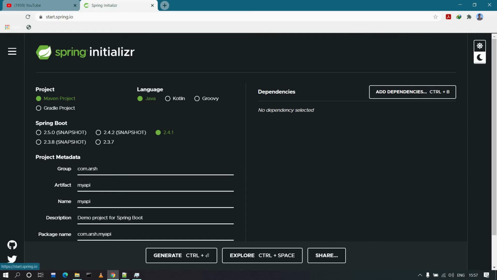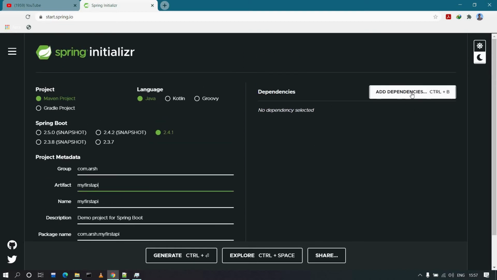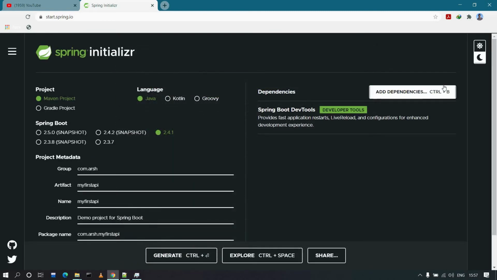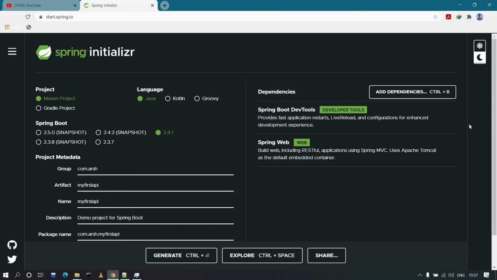Now give any group ID, artifact ID of your choice. I will be giving here my first API. Then for packaging I will be selecting jar, and the Java version I am using is Java 8. Now it comes to dependencies. For starters, you just add developer tools, and as we are developing an API, we'll be adding Spring Web. And in the future, if we add a database dependency, I'll be using the H2 database.